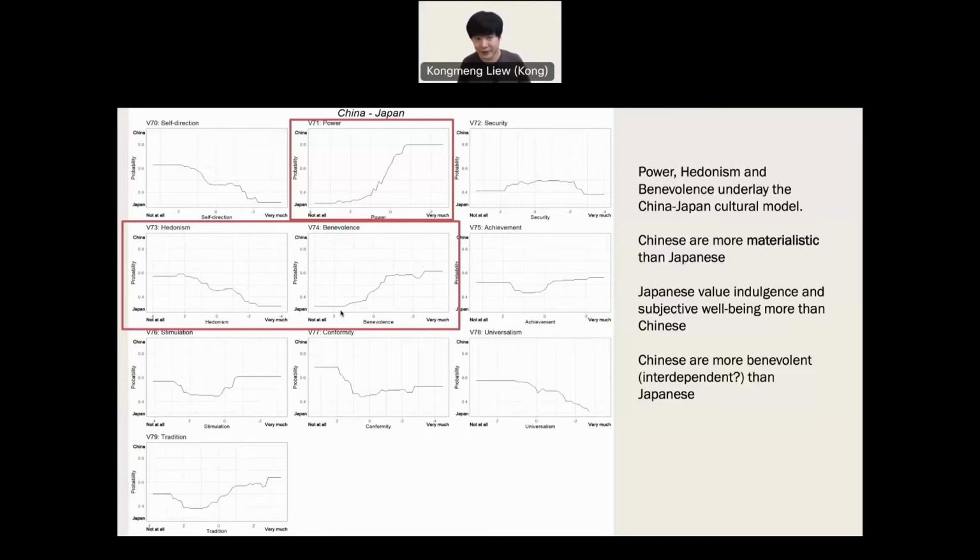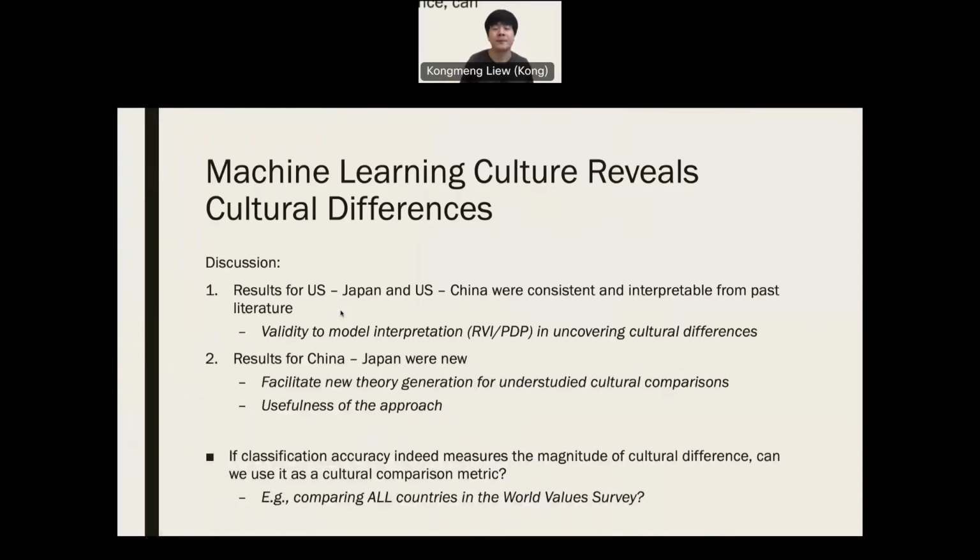I didn't go down the research path of comparing China-Japan differences, but I think some of you might be interested to know that we cannot just treat East Asia as one homogeneous block. There are differences between cultures within East Asia, and sometimes these might even be bigger than the difference between Japan and the US. So I'm going to leave this here and move on to talk about machine learning again, some of my ideas. But if you're interested to know more about China and Japan differences, come and talk to me after this.